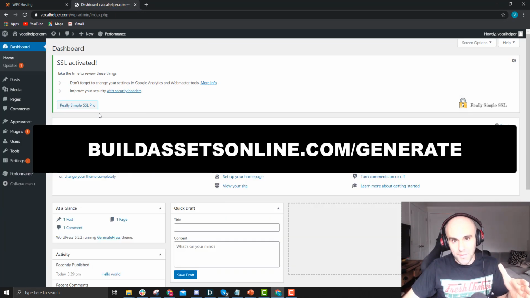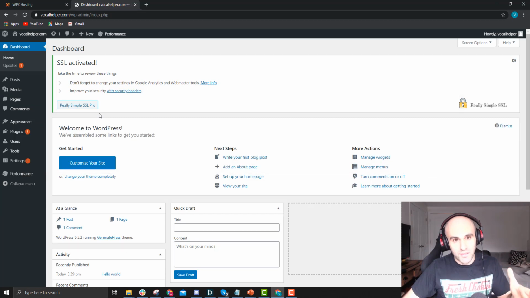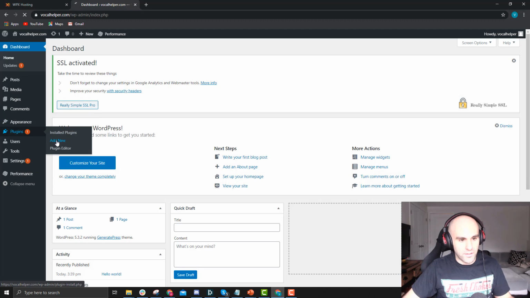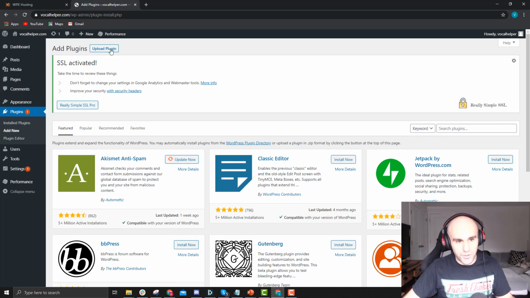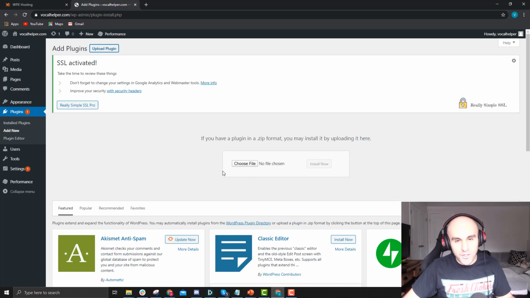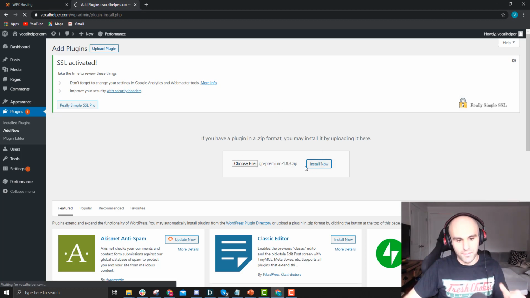So once you sign up for the premium version of GeneratePress, you're going to have to add it as a plugin. So you're going to have to go over here to Plugins, go to Add New, and then go to Upload Plugin. And here you're going to get a zip file that you've already downloaded from their website, and then you just choose it from your computer and install now. So let me do that. So I've loaded it from my computer, and I'm just going to press Install Now,